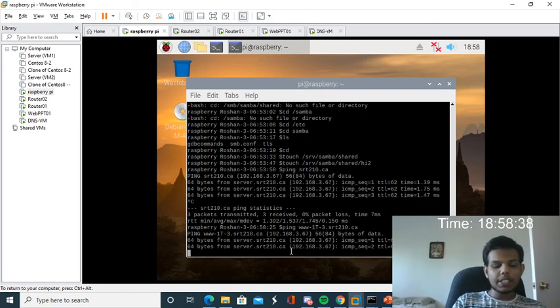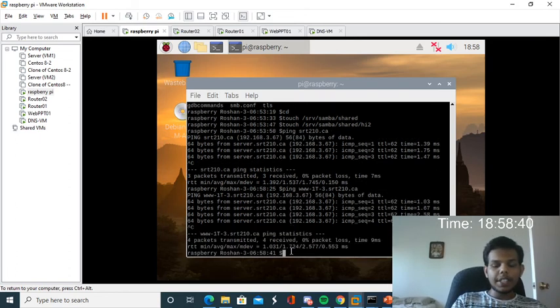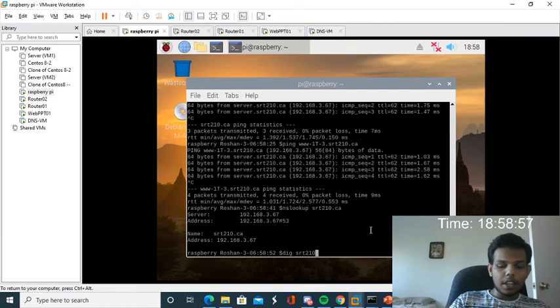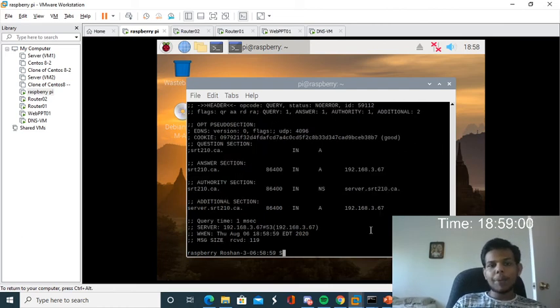Here I can ping it successfully. Now I'm going to type nslookup srt210.ca, and I'm going to type the dig command also, dig srt210.ca. This command also works.